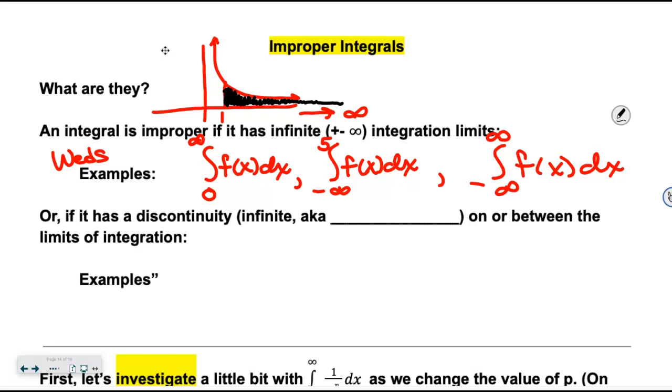So it's not about it going to infinity, it's kind of about how quickly it starts to collapse towards 0. That's sort of what it's about. The other issue is when you have what we call an infinite discontinuity. What that means is a vertical asymptote. So you're trying to integrate,